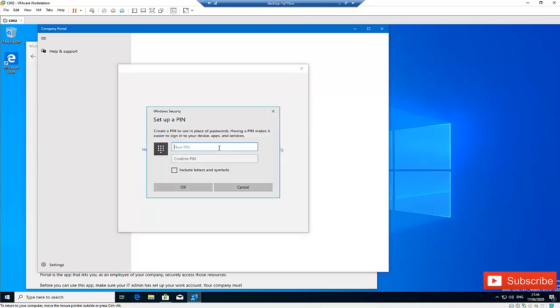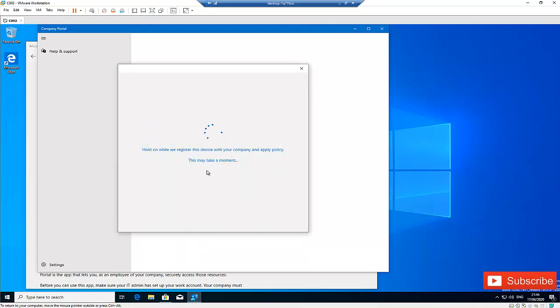So let me just enter a PIN for this. I'm just going to clear. I'm not going to include letters or symbols. But mind you, these are what you can actually disable in your Intune environment. So I just configure this for extra security, because right now, as an IT administrator, you need to make sure that every device that's connected to your environment is well secured and properly configured. So click OK